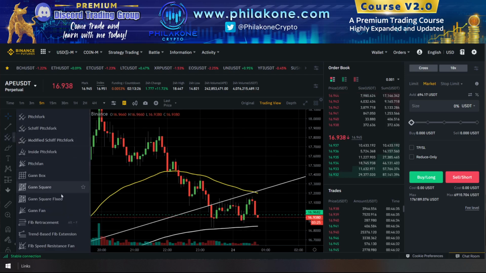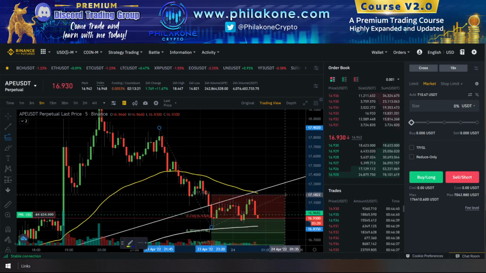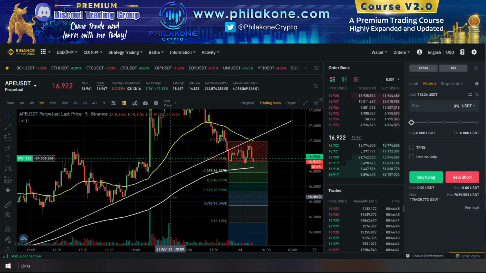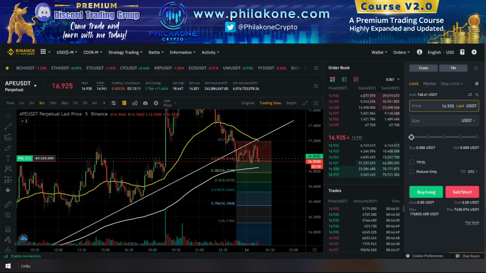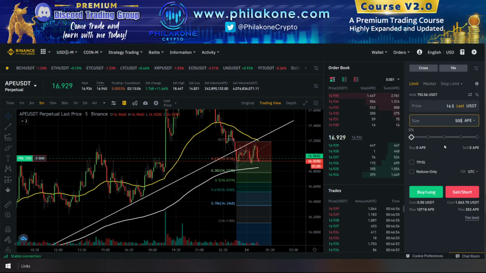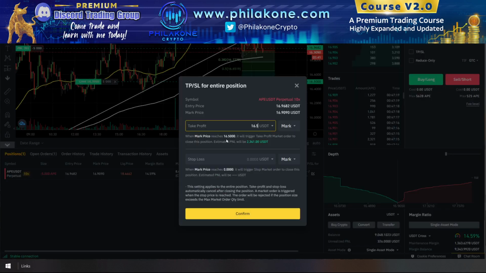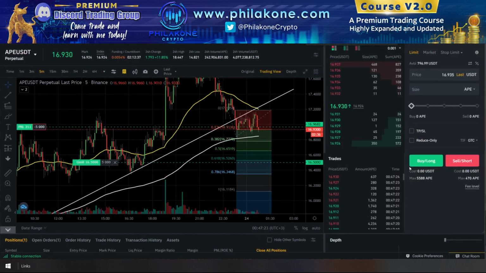So taking my trend-based fib extension from waves 2 to 3 to the top of 4, what I'm seeing is that the 1.618 extension gets me right down to about 16.5. So I'm going to take a 16.5 profit there for 5,000 APE. Right here, 16.5. And that's going to yield me a profit of, let's double check here, $2,300. So let's just watch this break happen.